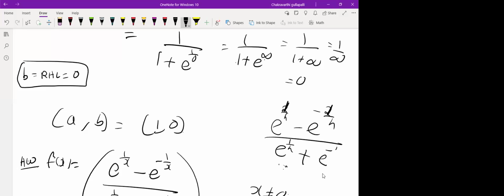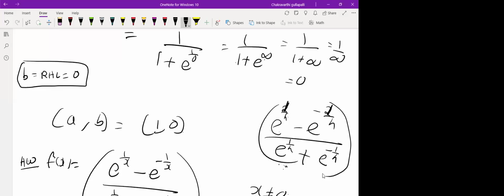e power minus 1/h ఇట్లా వచ్చింది అనుకోండి. ఇంక లిమిట్ ఎట్లా కనుక్కుంటారు? డైరెక్ట్ సబ్స్టిట్యూట్ చేస్తే h = 0 పెడితే ఇక్కడ ఇన్ఫినిటీ వస్తుంది, ఇక్కడ కూడా ఇన్ఫినిటీ వస్తుంది. e power 1/0 ఇన్ఫినిటీ, 1/0 ఇన్ఫినిటీ, ఇక్కడ మీకు 0 వచ్చేస్తుంది, -∞. సో ఎప్పుడైనా ఎక్స్పోనెన్షియల్లో ఇట్లా వచ్చినప్పుడు